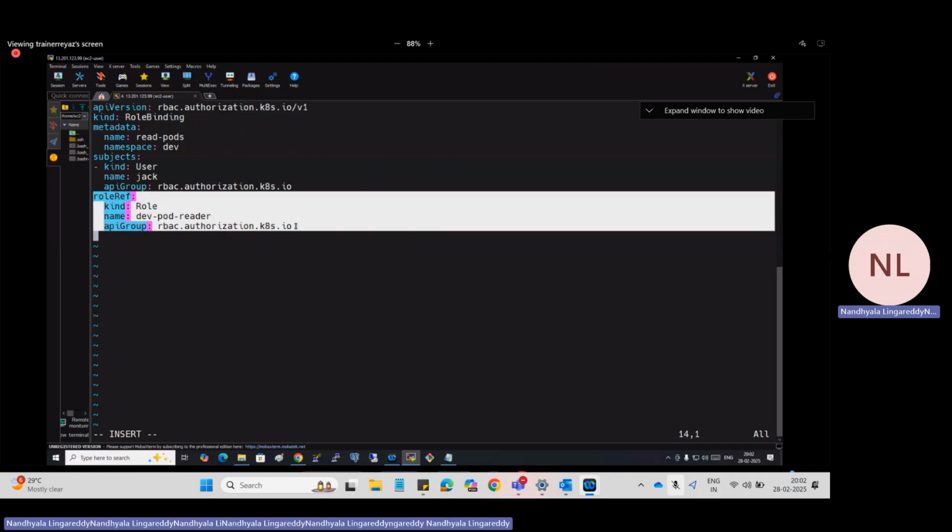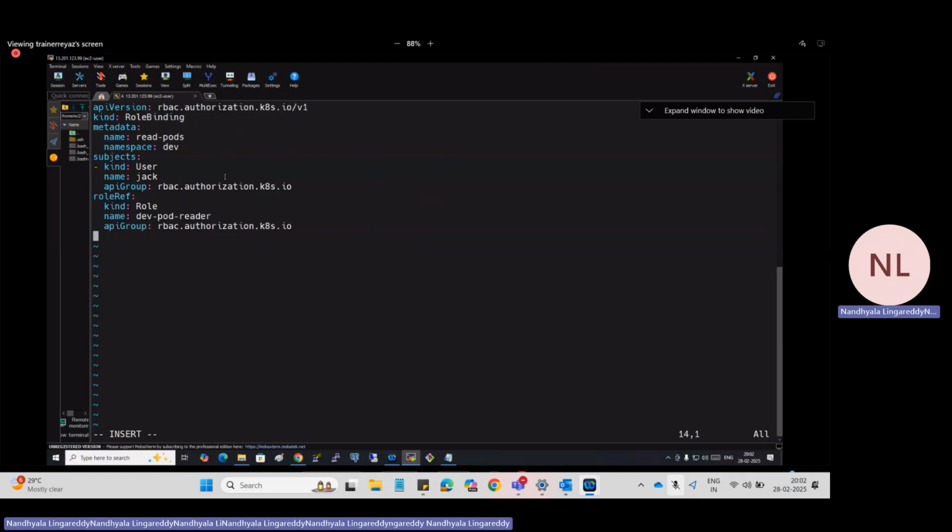You got the point. And before the question that you asked, API group, I told you core for pods. Which one? For pods, the core API group is empty. So for RBAC authentication, the API group is rbac.authorization.k8s.io. So for users and roles, the API group is this. For pods, the API group is empty. Okay. Vidit, is this clear?